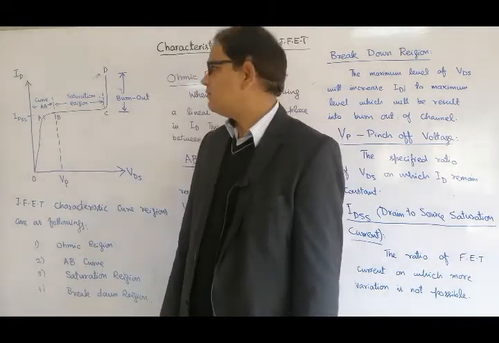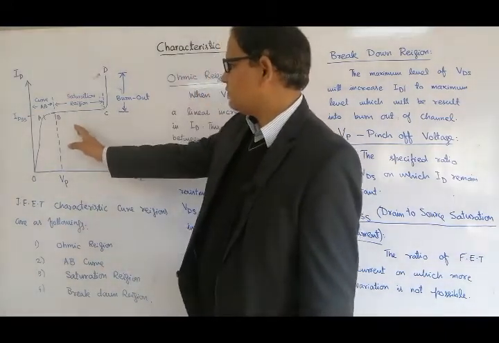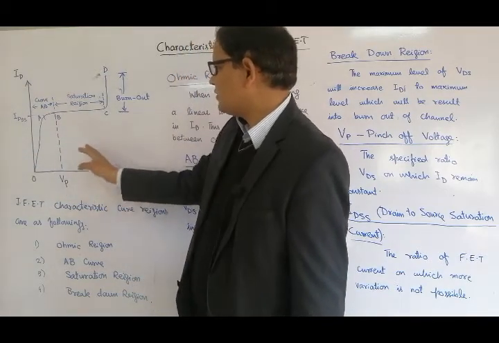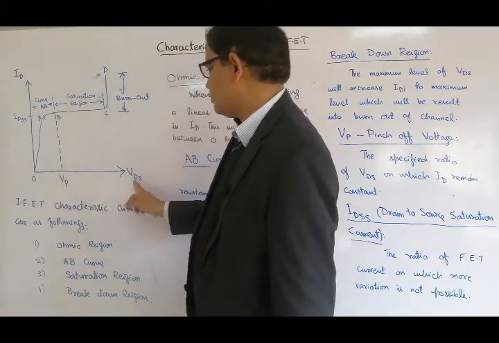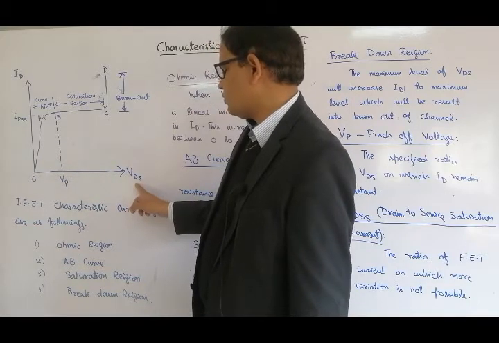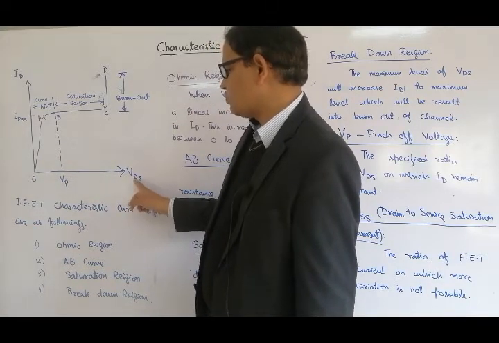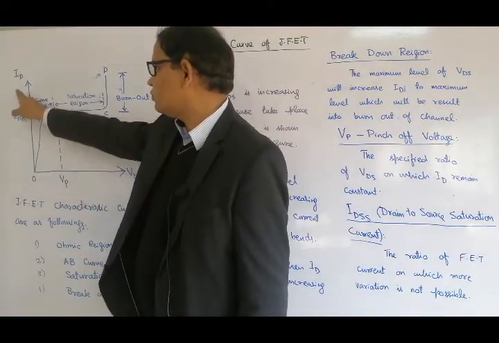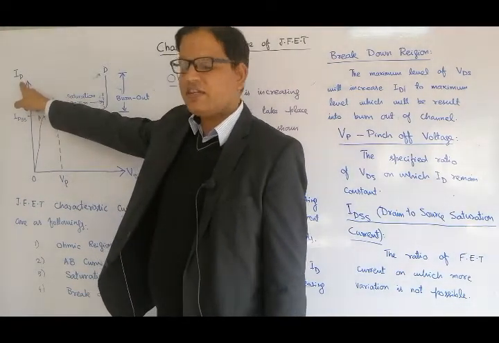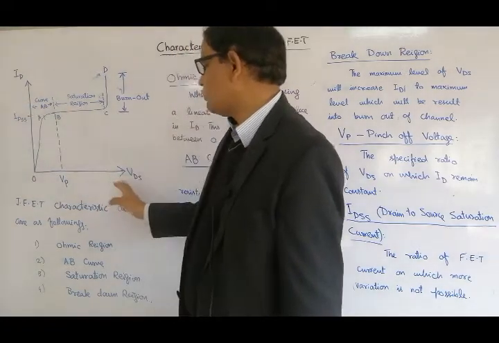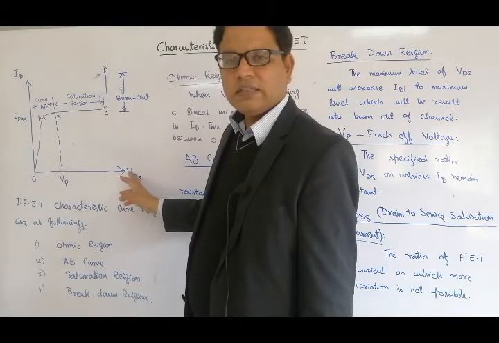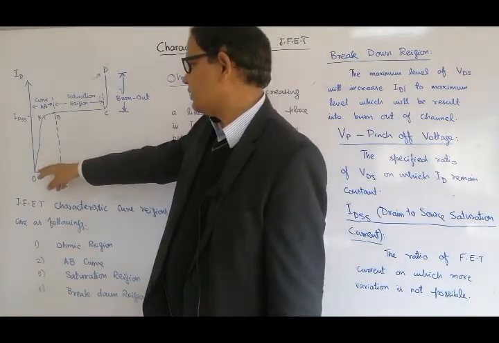So here we have this curve, which represents the main points from 0 to this arrowhead to the right, that is the drain to source voltage. From point 0 to this arrowhead, we have the drain current. This is basically the ratio between the drain current and the drain to source voltage. We create this curve over here.